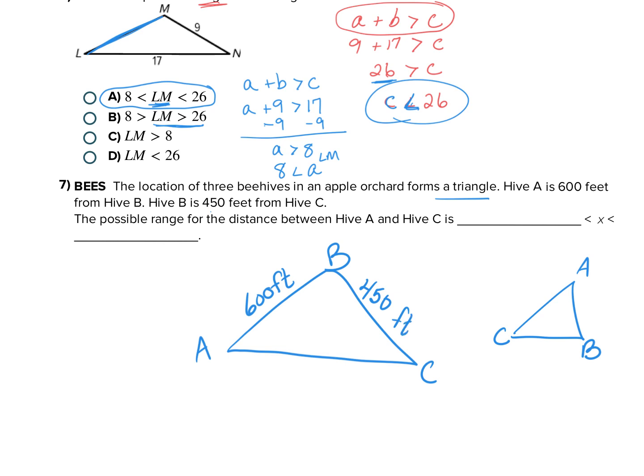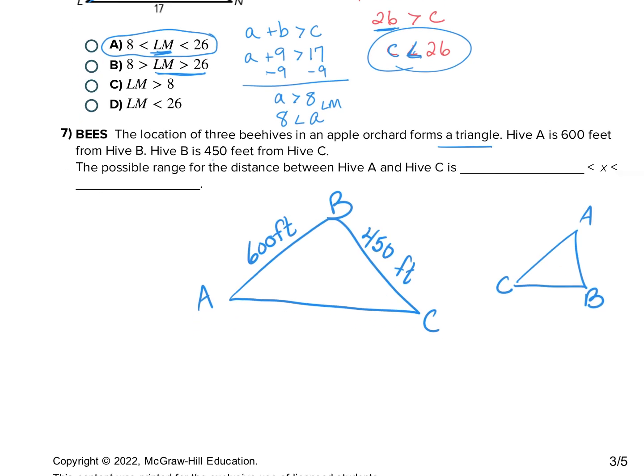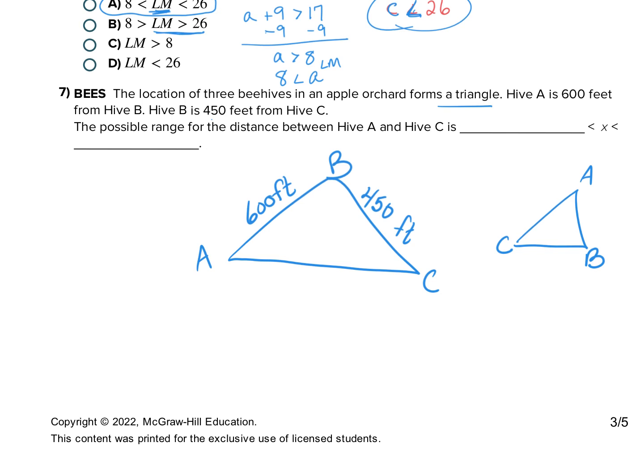What is the possible range for the distance between A and C? So this is the exact problem we just did. We have a triangle, so we have to find that range. So we need to use our inequality